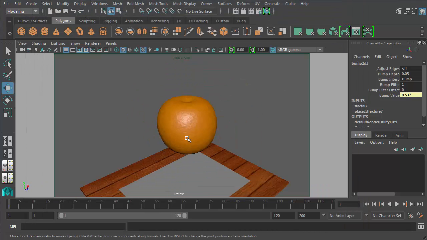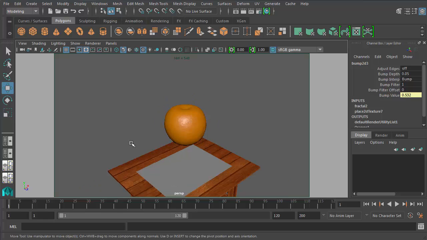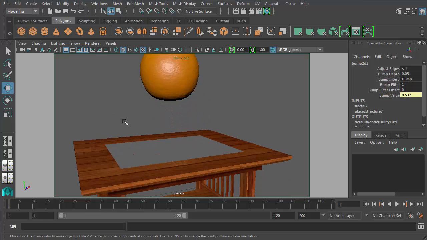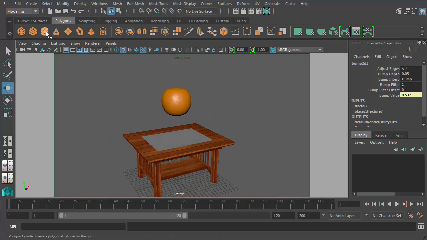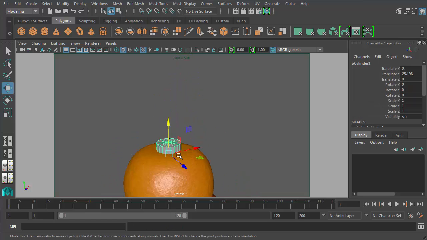Now the last part I need is a stem. And to create that stem, I am going to do some extrusions on a cylinder. So I'm going to create a cylinder, and I'm going to bring it up here. I'm going to place it inside of there at the size that I want. And I may need to go to my 4 view